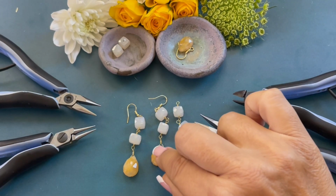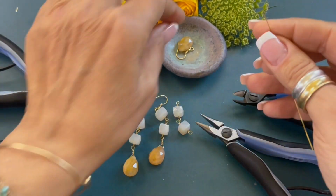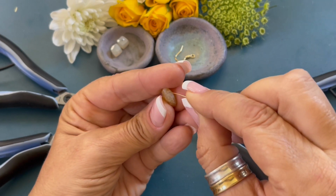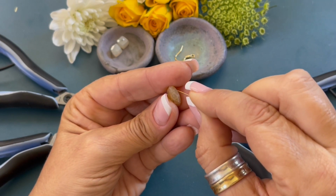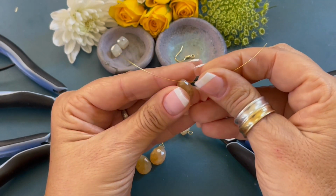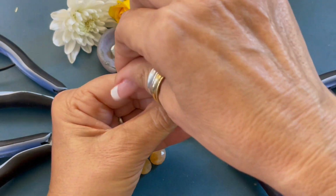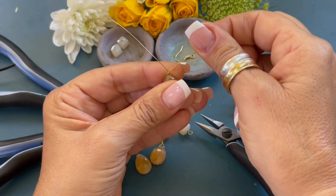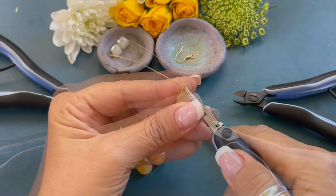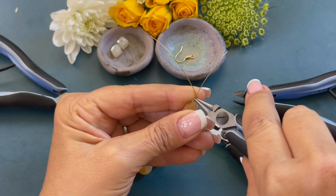We are now going to create our little teardrop loop. This is 3 inches of wire, and we're going to grab our teardrop, and we're going to come over here, and we're going to string it right about to the center. We're going to bend the wire one way, making sure that wire is nice and tight. Bend it the other way. Now we're going to come back in with our round nose pliers, finding the center, and we're just going to